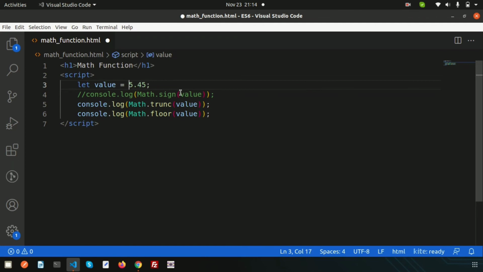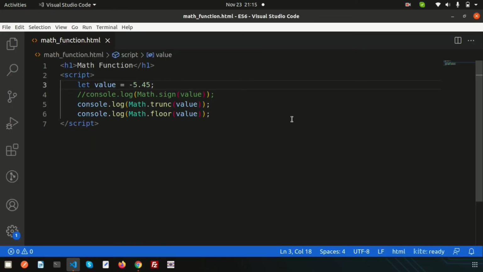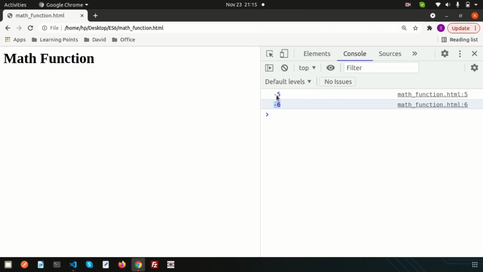So right here -5.45. Now refresh this, and we can see this is -5 and this is -6. Why? Truncate always ignores the value after the decimal point, so it simply ignores the 0.45 and results in -5.